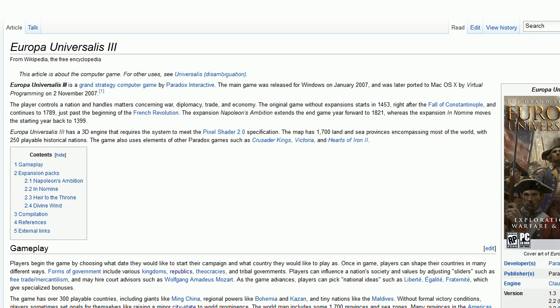Next up, another 4X game. I'm eyeballing Europa Universalis 3. I'm not going to commit that it's definitely going to be this one because I haven't played it yet, but I've got it ready to go. And as soon as I stop playing The Old Republic in my free time, I'll try learning this one. The grand strategy game, as they say.